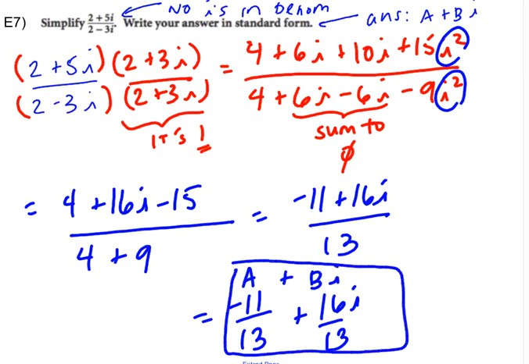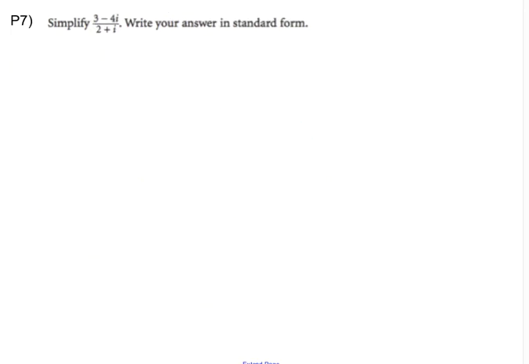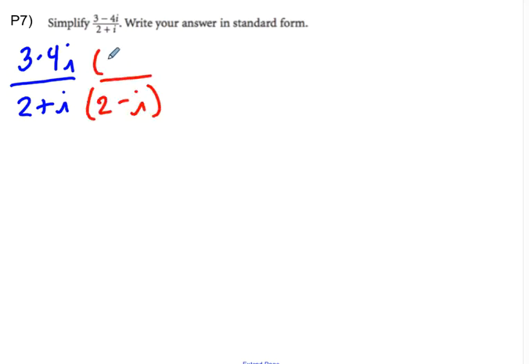All right, so I'm going to go ahead and let you try P7, which is the same idea. So again, we're going to write this in standard form. That involves rationalizing the denominator. So you can go ahead and pause me if you want. I'm going to walk through multiplying both the top and bottom of the fraction by the conjugate of the bottom,